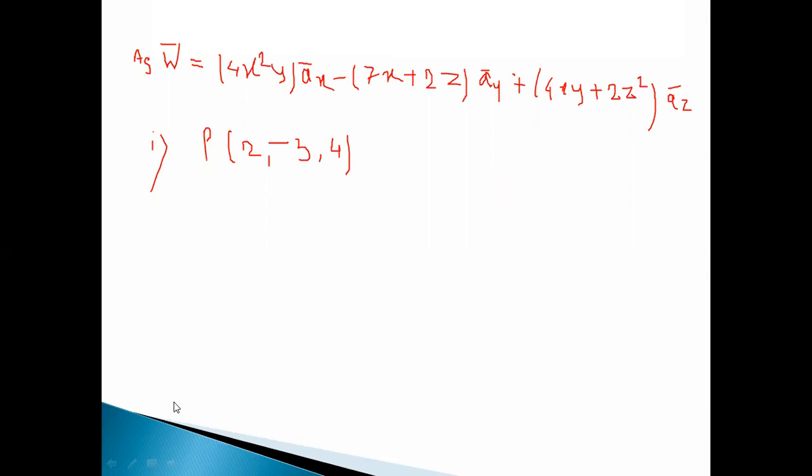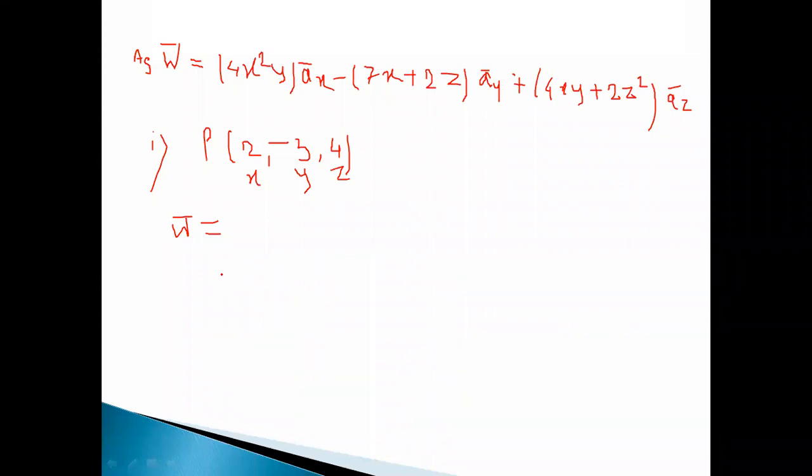Here what is asked? First, calculate the magnitude of W bar at point P, right? And the coordinates of point P are given, that is 2, -3 and 4. So these are the X, Y and Z coordinates. And we have to find this W bar. So just tell me how to find this. How to find this? Under root of 2 square plus